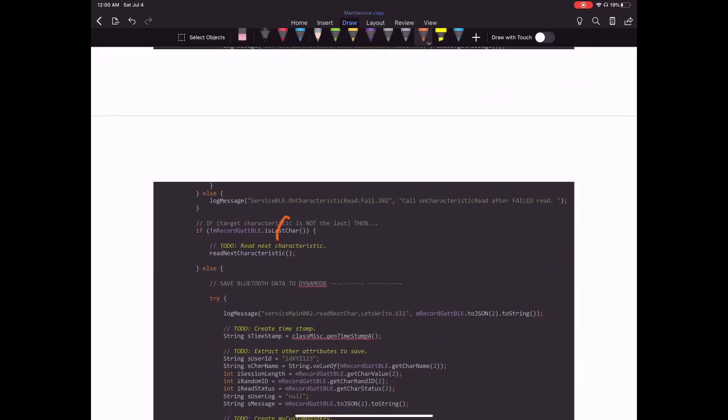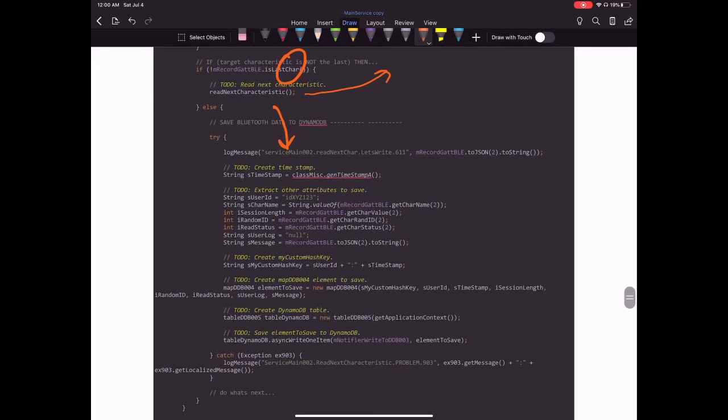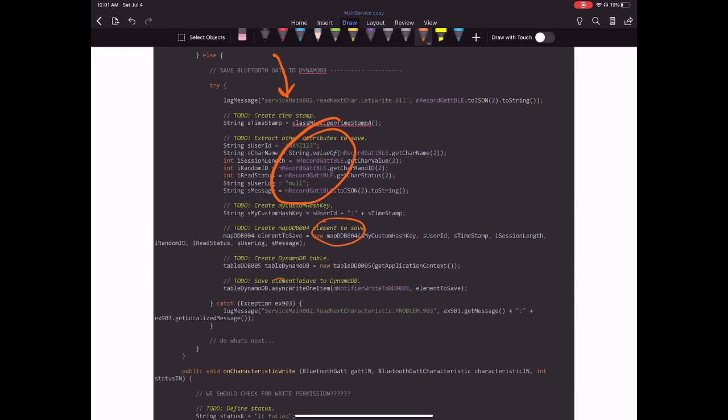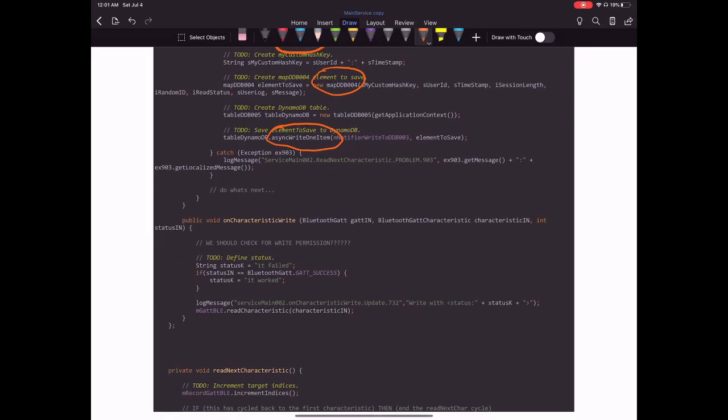And if it's the last characteristic... if it's not the last characteristic, we read the next characteristic. If it is, like I said before, we move on to saving the data to DynamoDB as shown in here. We create our map. And then lastly, we call the async write one item method from our table DynamoDB on characteristic write. So when we wrote up here, this would also be triggered